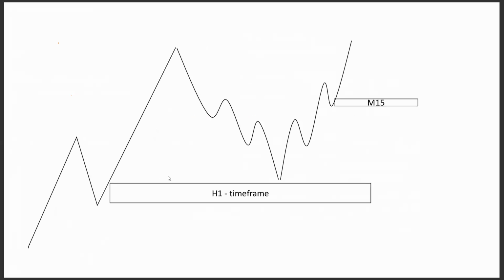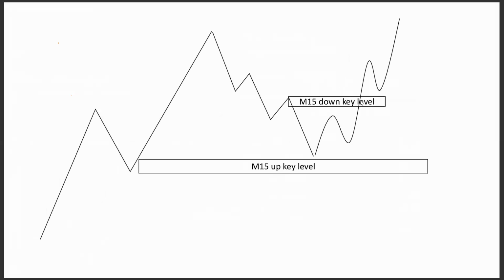Now, 1 hour time frame, this is how you start analyzing. You have to first map key levels in the 1 hour time frame. Just check the 1 hour time frame and map your current key level. Once you mark that, this wave that moves from 1 hour to this point is your 15 minutes trend. Can I map 15 minutes structure? If you give M15 key level here, then you can map a 5 minutes to confirm